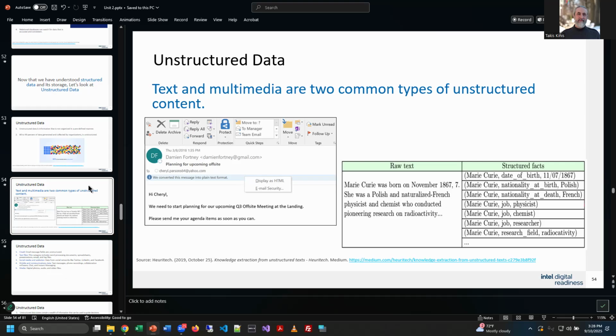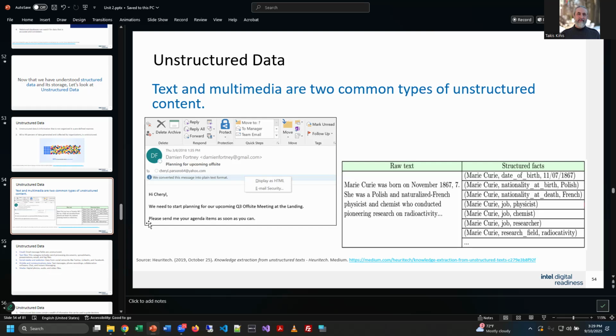And then you think about how we all work. The thing they say here is text and multimedia are two common types of unstructured content. All right. So look, for example, first at this email, and I was talking about this before, where the text of an email is kind of unstructured. I don't know what the person's going to type. I don't know if they're going to spell correctly or use complete sentences or use weird acronyms or do a LOL in there or a WTF for that matter, right? We just don't know, right? And that information is unstructured and highly unpredictable.